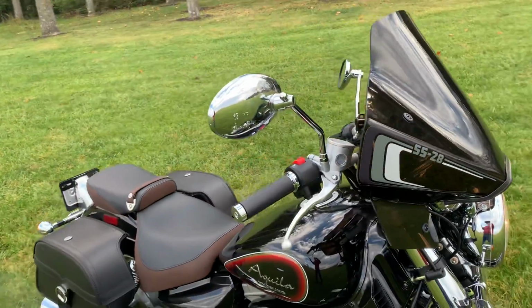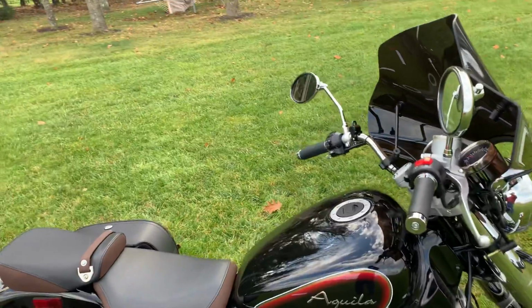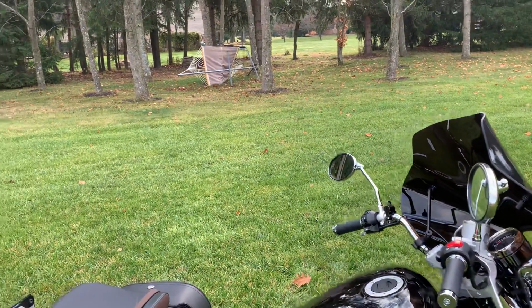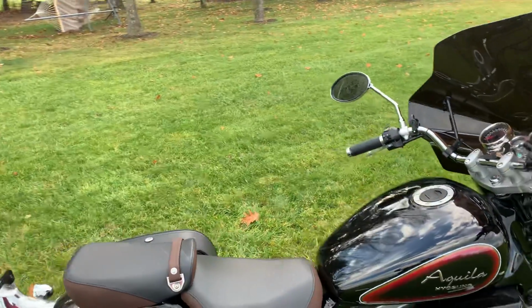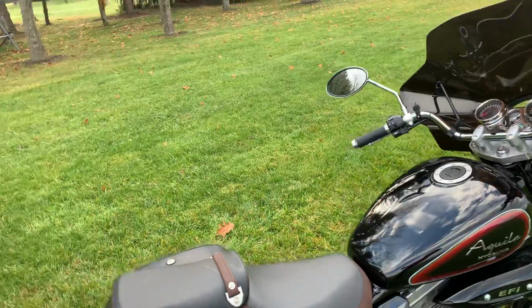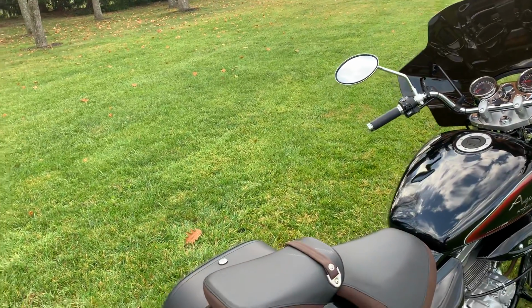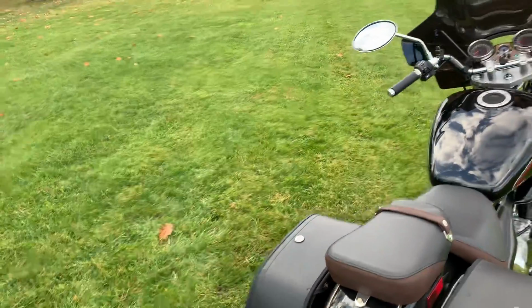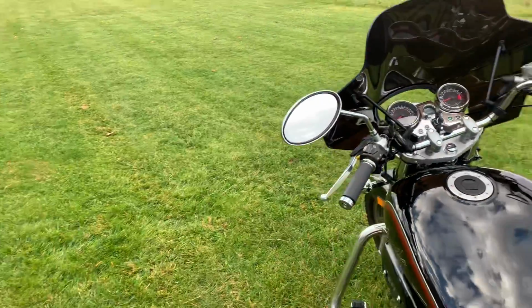I can only find 2 other companies on YouTube that made windshields for a Hyosung. Hyosung was one of their companies, and they only offered 1 windshield. I saw a YouTube video where a guy in Canada installed a Slipstreamer SS-20 on his Aquila. Trust me, there's not many YouTube videos about windshields fitted to Hyosungs. After a few chats